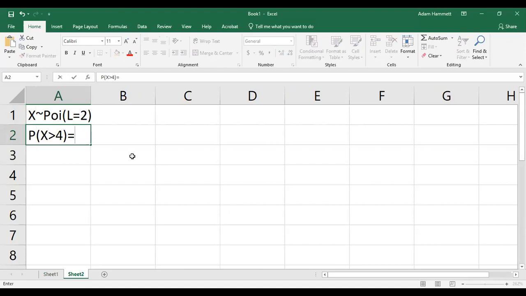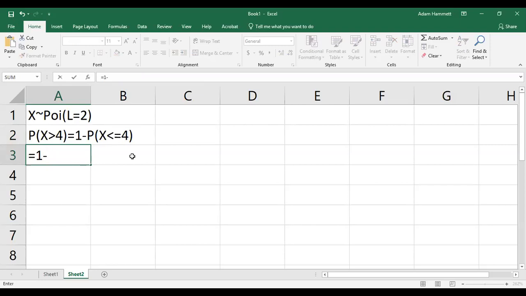That's going to be 1 minus the probability that x is less than or equal to 4, isn't it? Okay, and actually we can use Excel to help us compute that. This is going to be equal to 1 minus